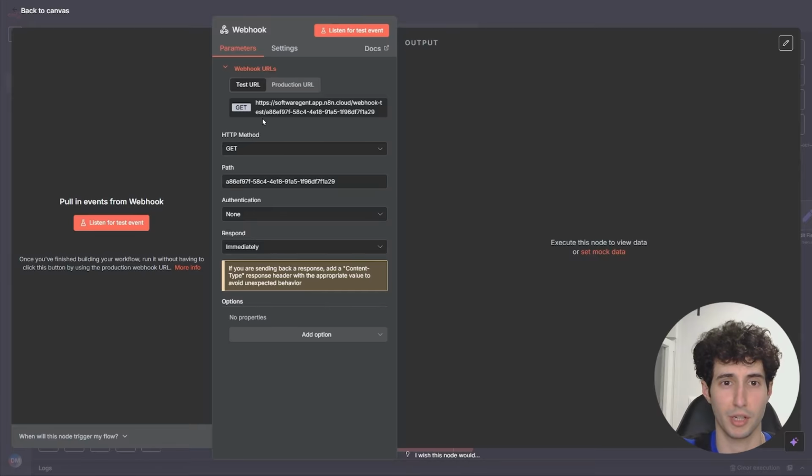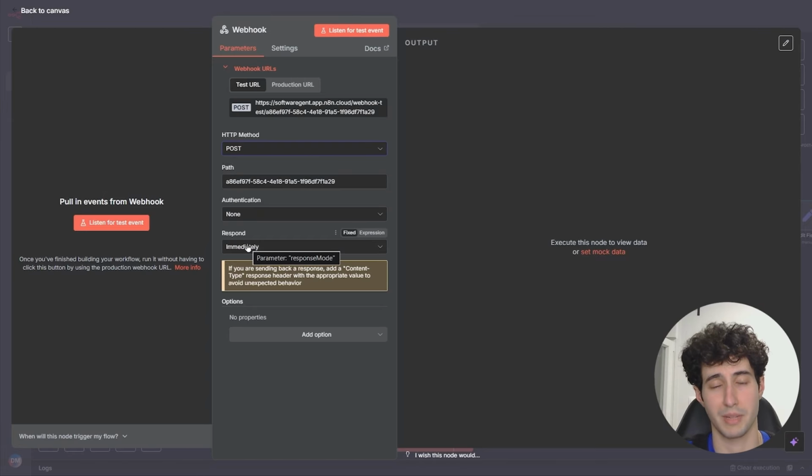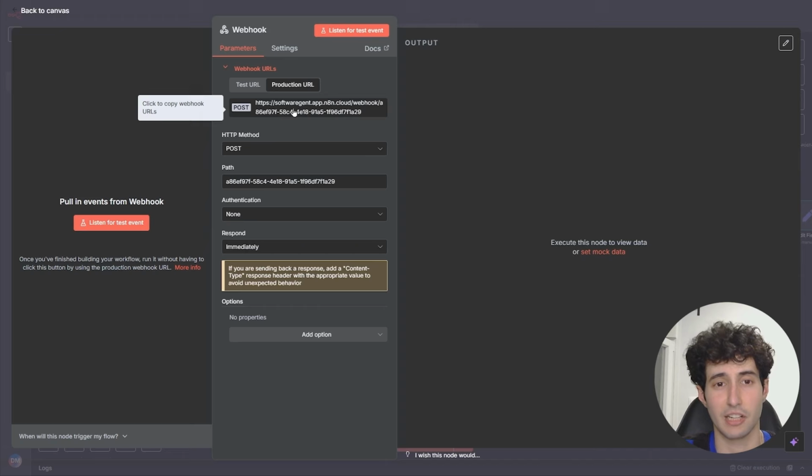And specifically what we need to do is to come over here and change the HTTP method from get over to post, since that is the type of request we're going to be sending over to Lovable. And then we also need to come over here and change from the test URL to the production URL, and then simply come over here and click on top of this link in order for us to copy it